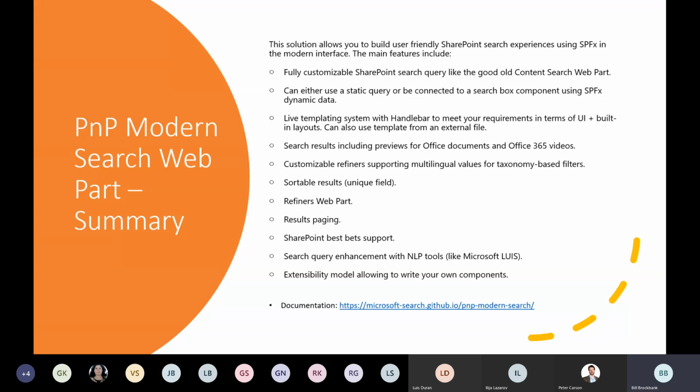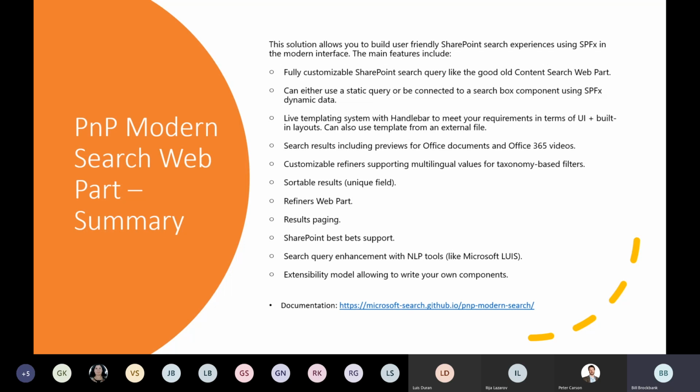This is a summary of what the capabilities of the product are really designed to do. This is straight from the site. If you go read the documentation, you'll find that this is what they're stating their current goals are. It's supposed to be a fully searchable, queryable, good-for-all-content search web part. And that's one of the things it's supposed to start off with, which is what I called out. The other one is capable of doing the dynamic through a search box. It has a live templating engine with handlebars, which is very easy to use, and we'll see that.